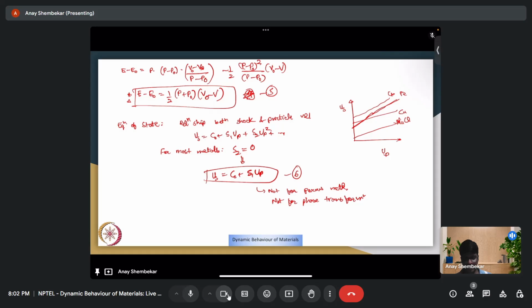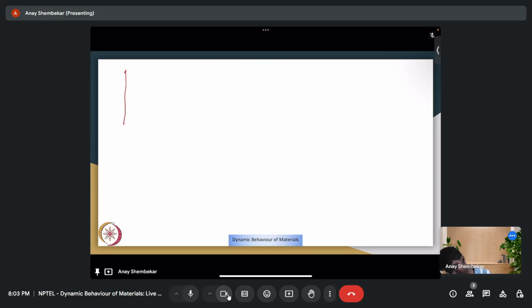Right. So once we have all this plugged in, we can draw a locus of points for a shock state. If I draw this in a particular axis, which is pressure and V by V naught, or specific volume, suppose the initial pressure is P naught and initial volume is V naught. So this is my starting point. I get a locus of points that looks like this. This is the Rankine, or rather also known as the Hugoniot curve,